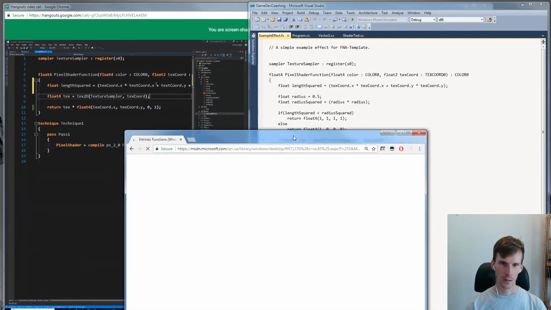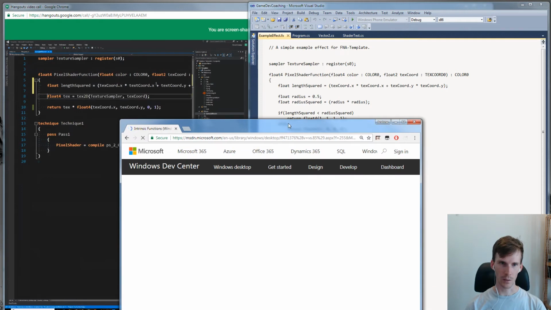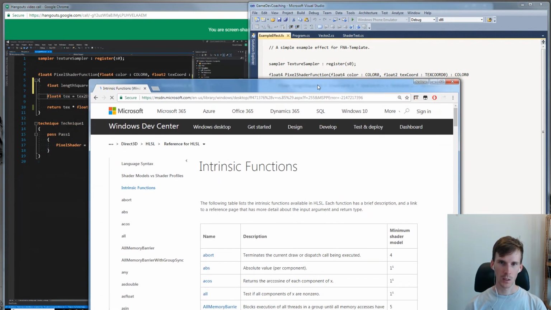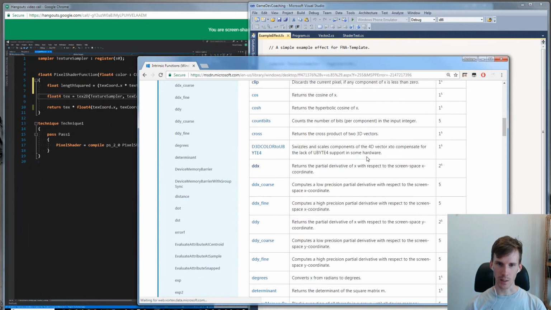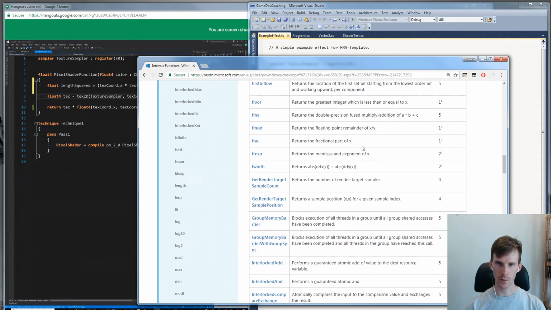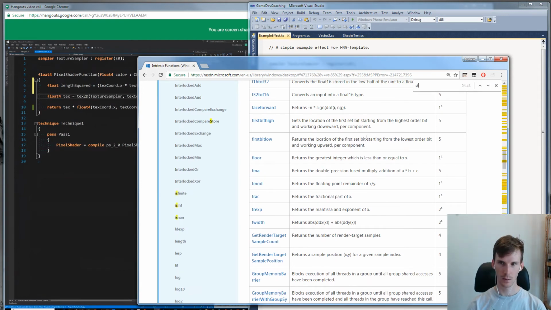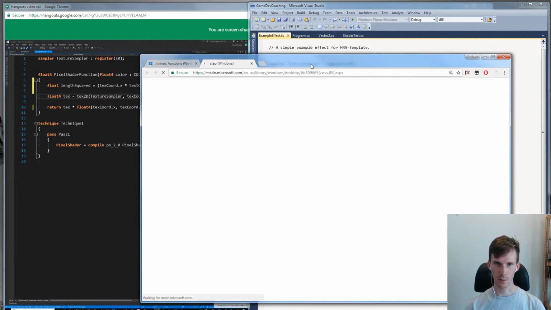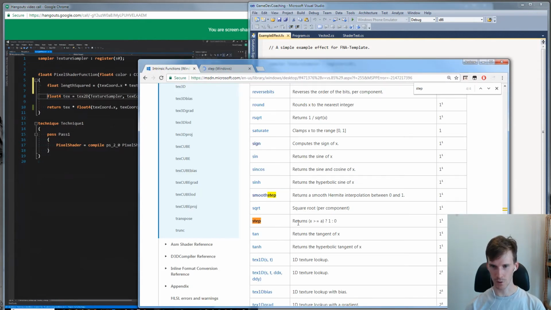Anyway, we're looking at intrinsic functions here. So if you search for HLSL intrinsics, you get this list of intrinsic functions, which are all of the built-in functions in HLSL. So we want the step function, I believe, which returns x greater than a, returns 1 or 0.